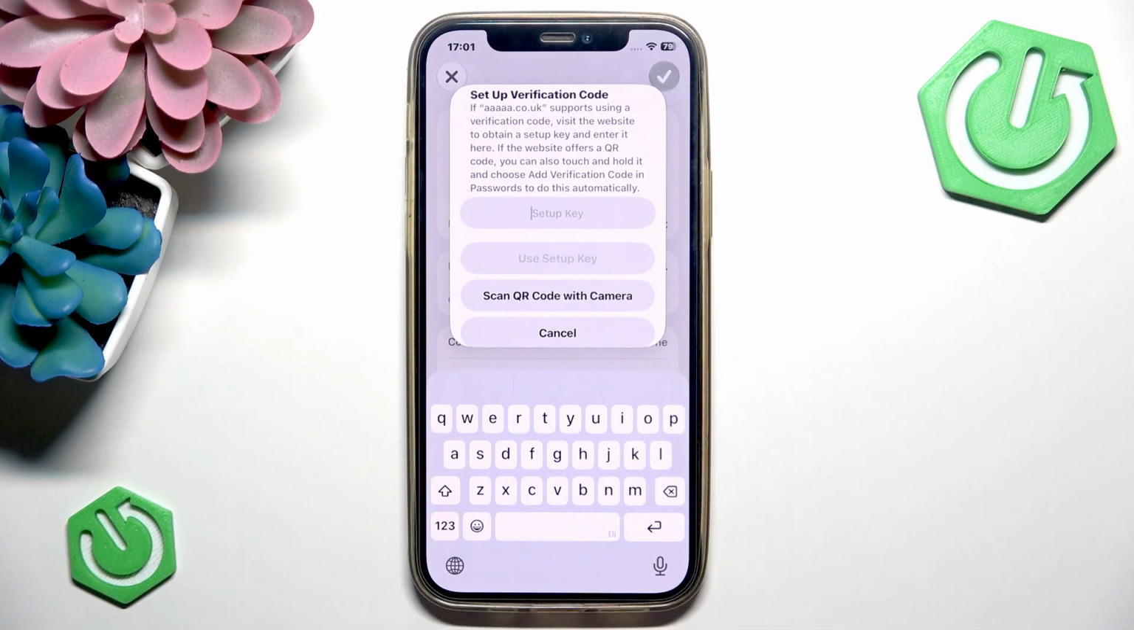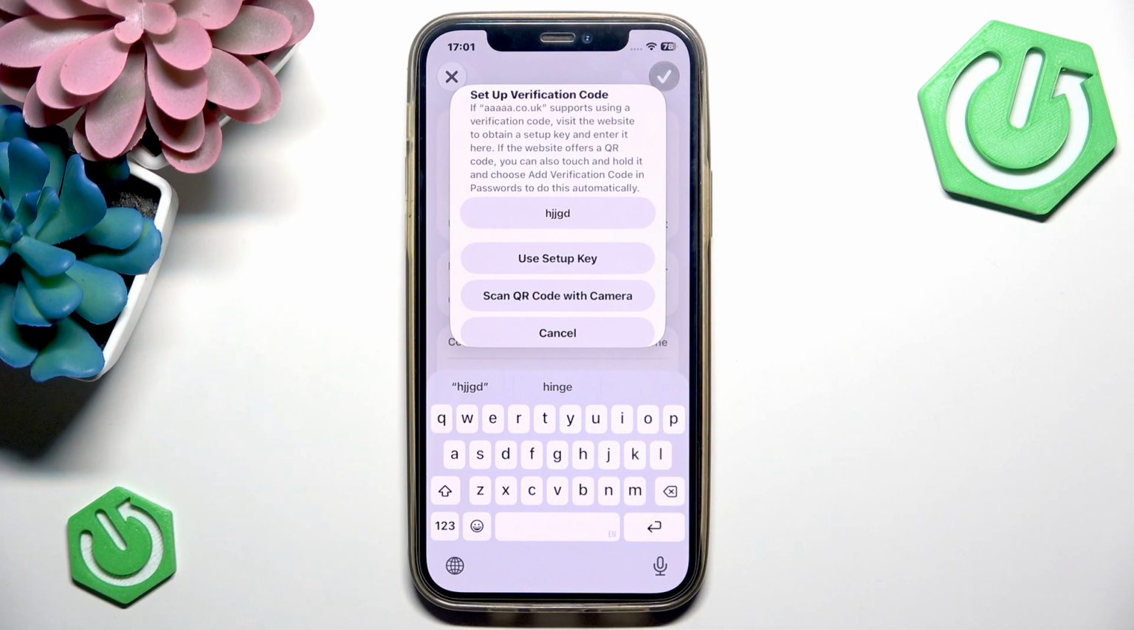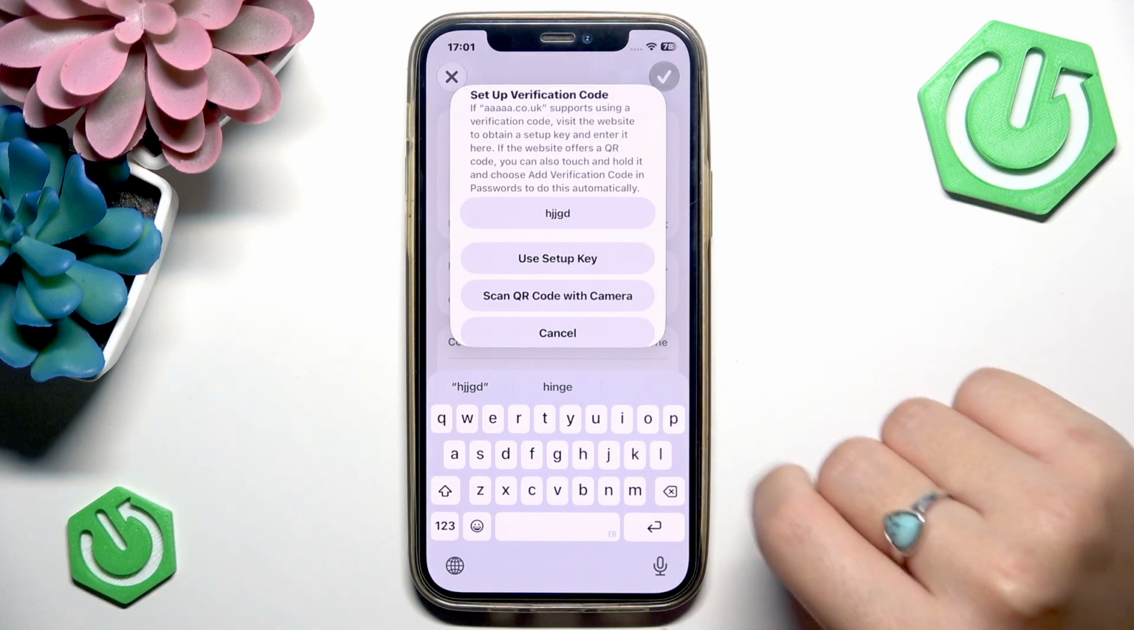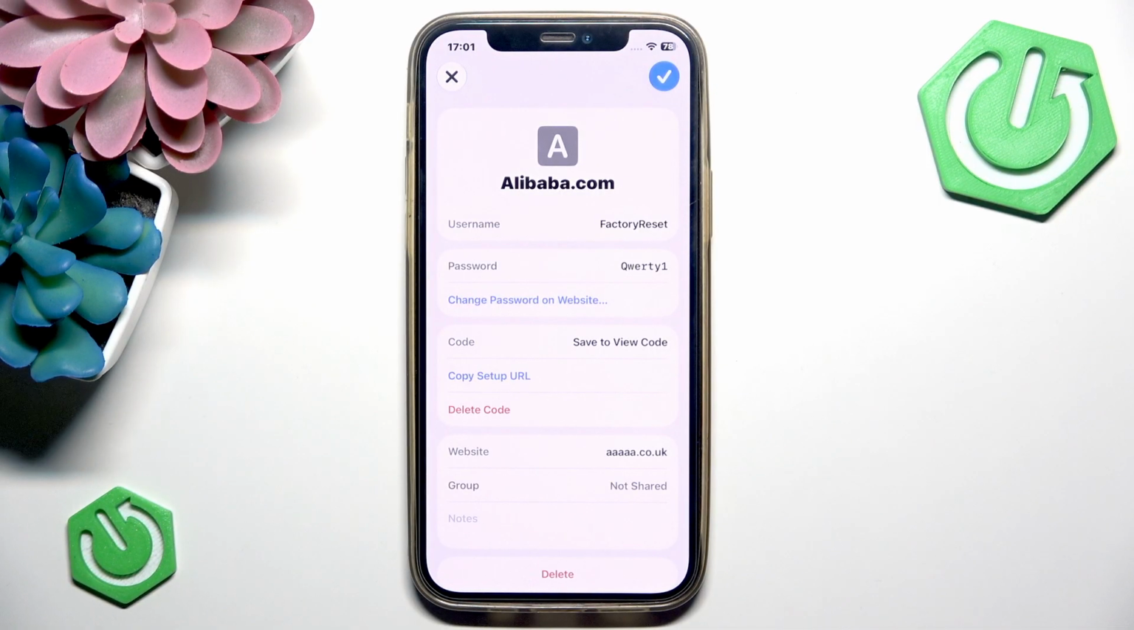So here you can insert it. Let me write something random, but if you see a QR code on your screen, then you should tap this button, scan QR code with camera, and scan that QR code using your device. But I will stick to the setup key, then I will tap the use setup key button, and now I want to